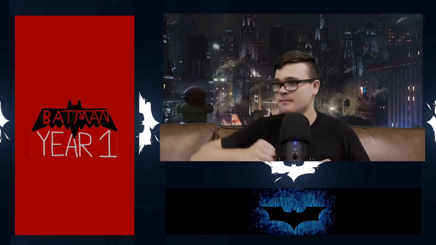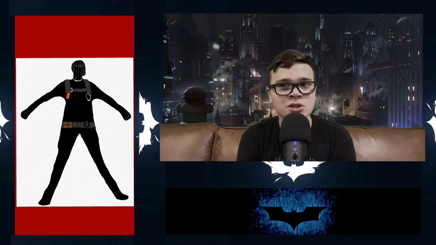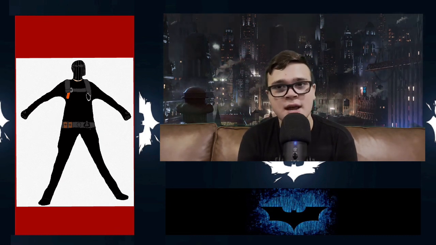Two cops are patrolling a hallway, and this black figure beats them up. And then we see this prototype version of Batman. This is his proto suit. It's not really the Batman suit, just his prototype to get started.